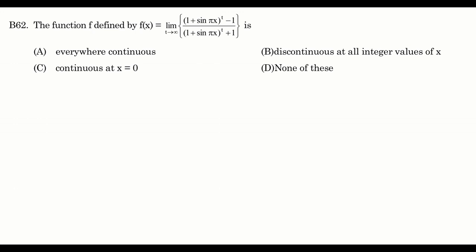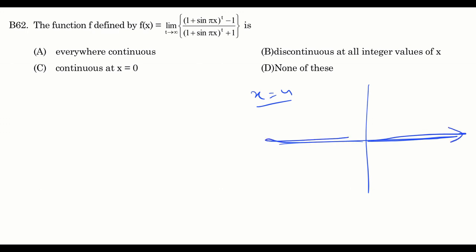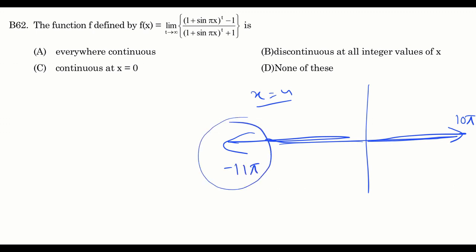For this problem, let's first study the behavior of sin pi x close to an integer. I want you to observe that if x is an integer, then pi x will be n pi. Now sin n pi, we know that the angle n pi either ends here or it ends here. For example, if n is 10, then 10 pi will end here. Or if n is minus 11, then minus 11 pi will end here. So basically, if it is an odd multiple of pi, it ends here. Even multiple of pi, it ends here.